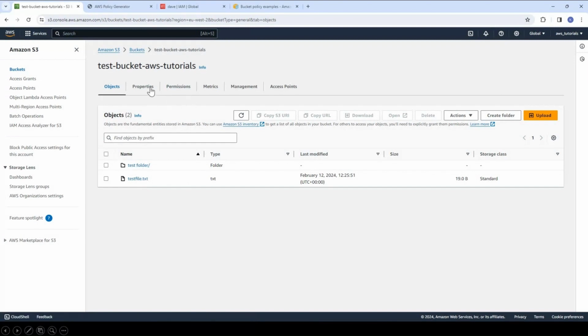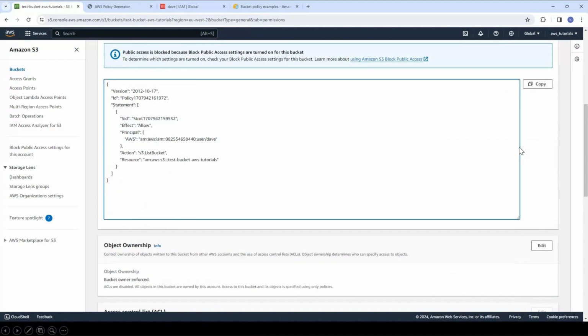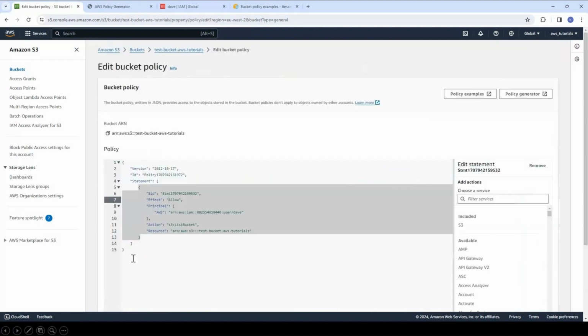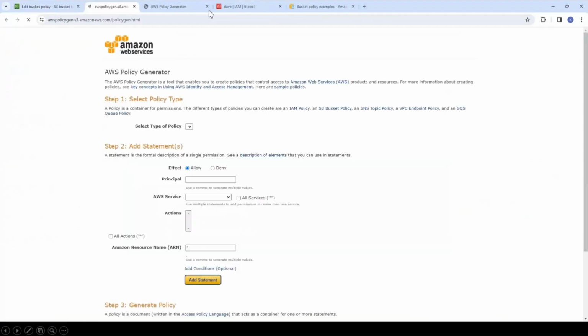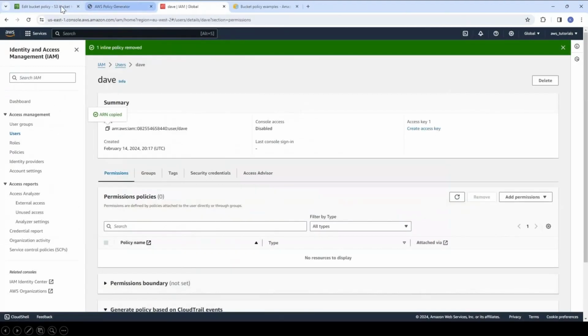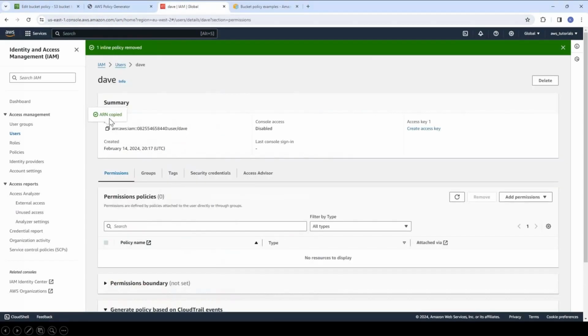So what we can do, we can modify this policy. This is another example I would like to show. So remove this and we will generate a new policy now, in which we will allow access to only a particular folder. So what we want to do, we want to allow this principal Dave